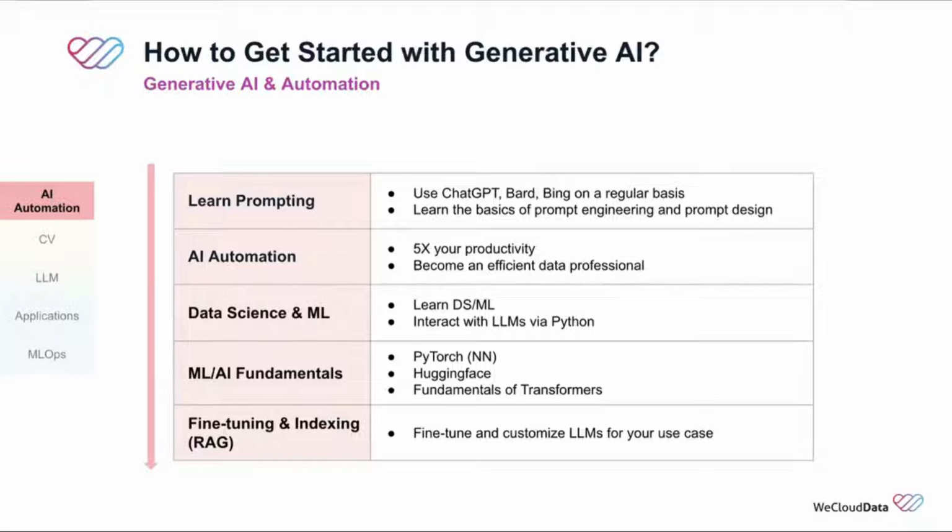But if you would like to move onto the more technical spectrum of Gen AI, I think you need to seriously build your ML and AI fundamental skills, meaning that you need to understand how machine learning works, and then deep neural network. Also work with tools such as TensorFlow or PyTorch, right? If you want to work with large language models, then Hugging Face will be very useful. You need to understand the fundamentals of transformers, which so far is still the best method for you to train